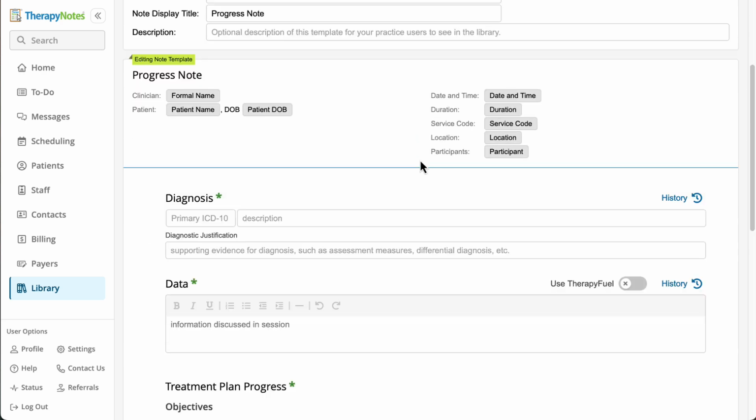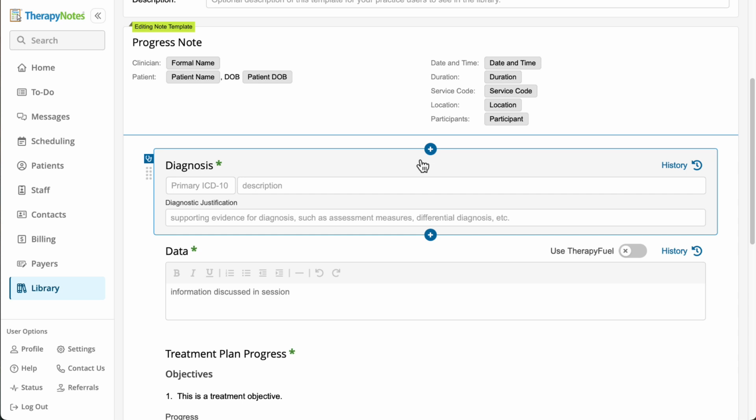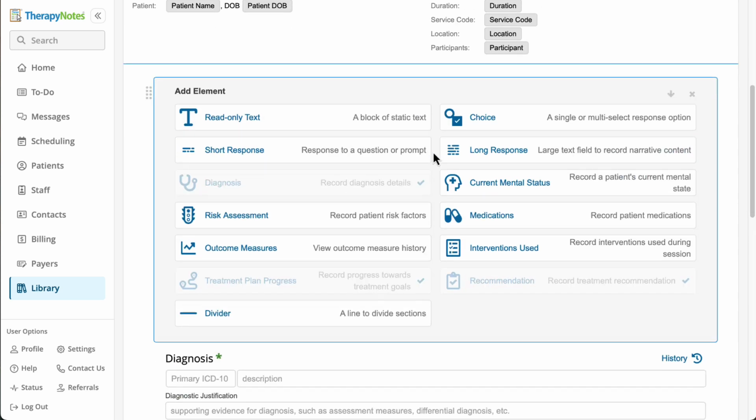To customize the contents of the note template, hover over any of the existing elements and click the plus to access the Add Elements menu. Select as many elements as you'd like to include in your note. From short and long responses to outcome measure history and more, elements can be moved with the up and down